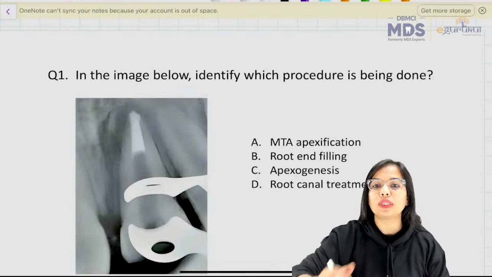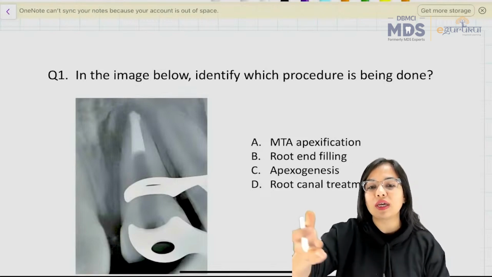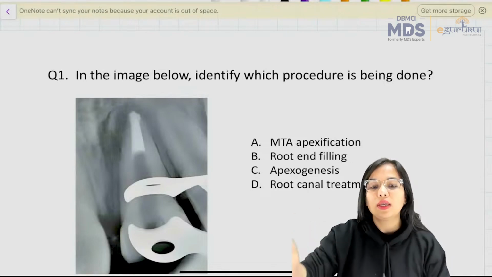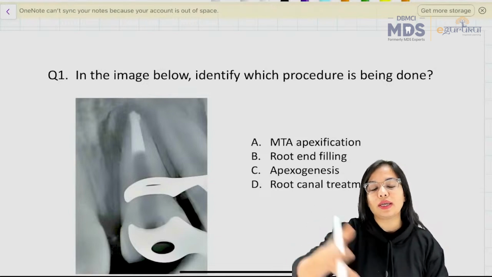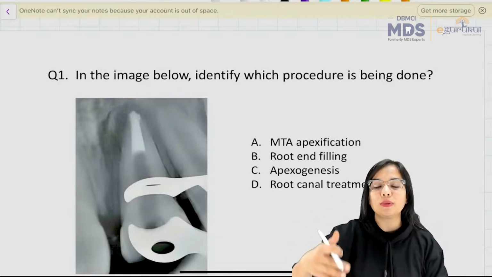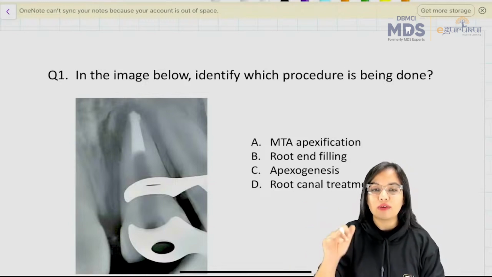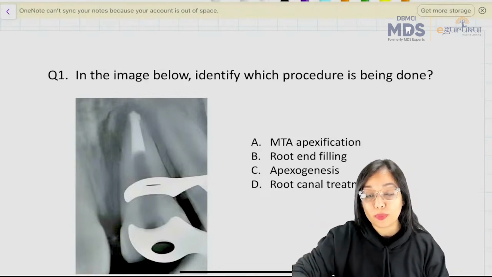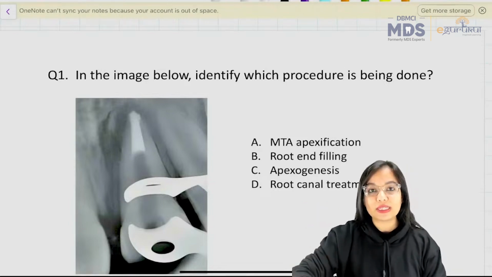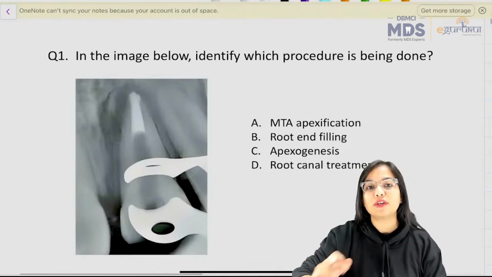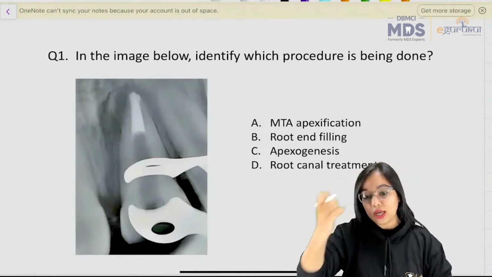where you will know that sometimes you get questions where the options are confusing. You feel like this is also correct, that is also correct, which one should be the more correct option, which one should be marked. Okay, so I've included such questions also. So, without wasting a lot of time, let us begin with the first question of the session today, which is,